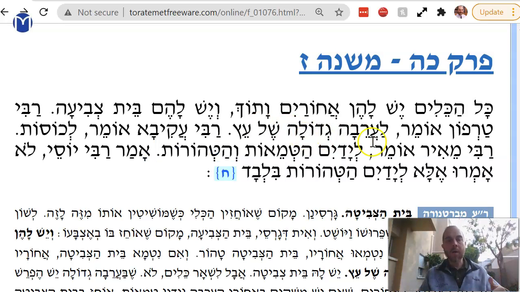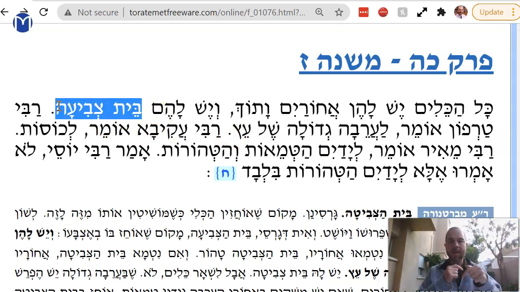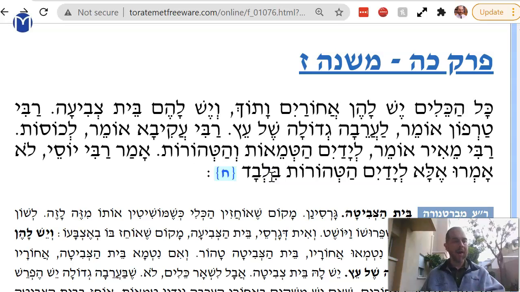So Rabbi Meir says this rule of Beit Tzvitah applies both ways, tamei hands and tahor hands. Rabbi Yossi says, lo amru ela liyadayim hatahorot bilba, it only works for tahor hands. If I wash my hands and now I pick up the cup, and it had liquid on it, do I have to wash my hands again? The answer is no, I'm okay. But it doesn't work the other way around. If my hands are tamei, the Beit Tzvitah doesn't save the cup. That's Rabbi Yossi's opinion. We're going to see in the next Mishnah one example of how that worked.